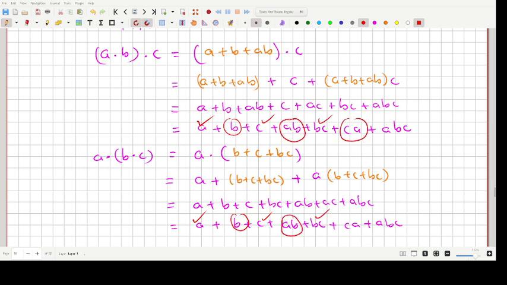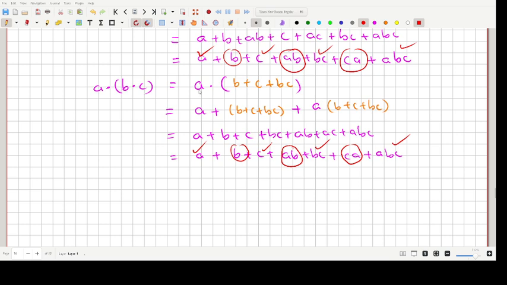We have got ca and ca. And finally, we have got abc and abc, right? Okay, so therefore, a dot b, that dot with c is equal to a dot b dot c. And this implies that A is associative. A satisfies, maybe that is a better way of writing it, A satisfies